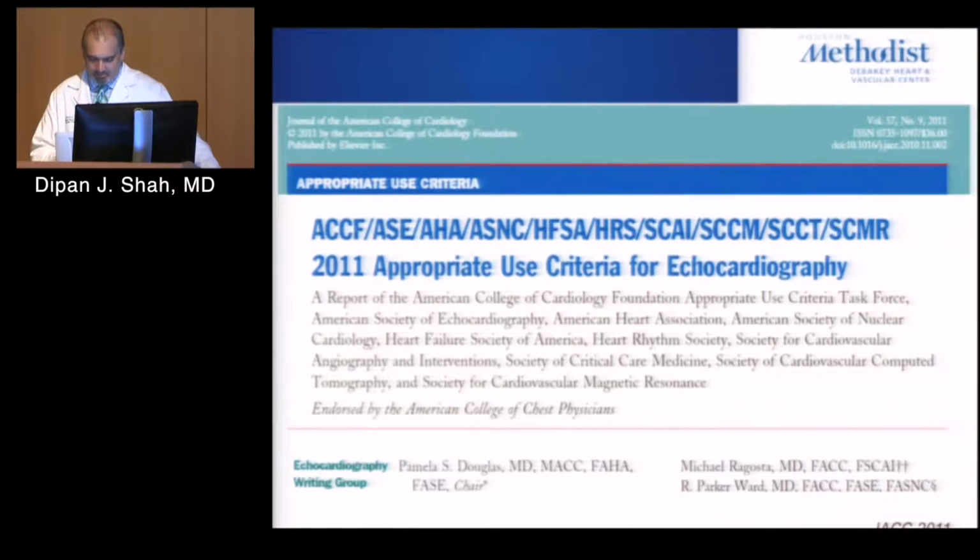And I think we can actually go to the document from the American College of Cardiology published in 2011 in JACC, which is the Journal of the American College of Cardiology, which goes through and defines the appropriate criteria for echocardiography. And there are similar documents like this for cardiac MRI, cardiac CT, as well as cardiac nuclear. These are long documents, but it's important to peruse through them, at least briefly, to get